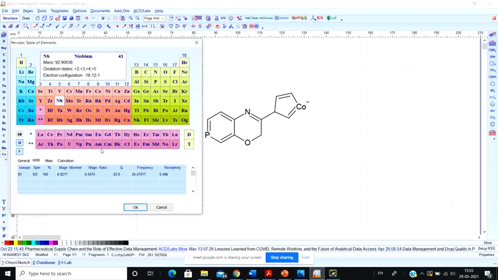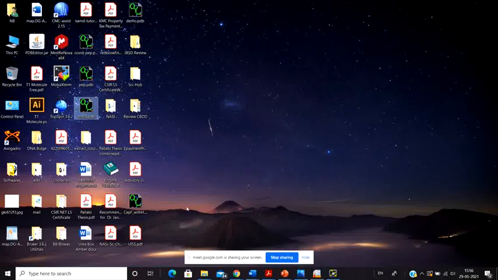For example, in this particular group, suppose I am selecting cobalt, the cobalt gives a peak at frequency 23.72. It gives a frequency at 23.7. What about nickel? It shows a peak at 8.9. Zinc shows a peak at 6.2. So each atom has a different frequency at which it gives a particular peak. Okay, and by seeing that peak you can visualize whether that particular element has been attached or not.